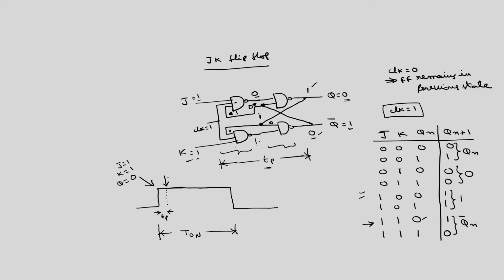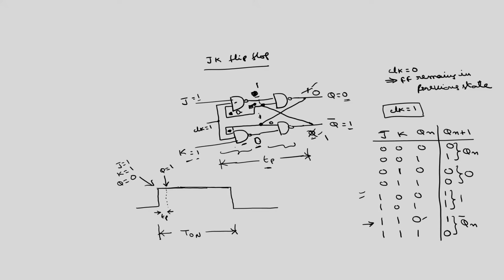So, at this point Q becomes 1. Now, if you observe here, this 1 is tied here also, so this previous 0 will now change to logic 1, and this 0 is tied here, so the previous 1 becomes 0. Now the situation will be different. For this gate all the 3 inputs are 1, so output is 0. For this gate 1 input is 0, so output becomes 1. If 1 input is 0, output is equal to 1. If this 1 is tied here, so this will be 1, 1 1 becomes 0.